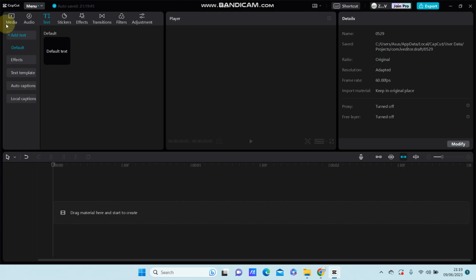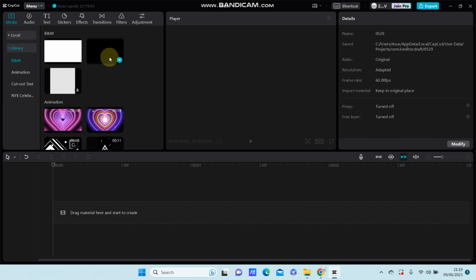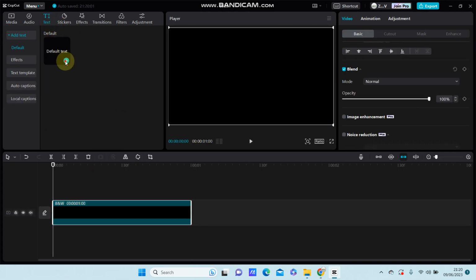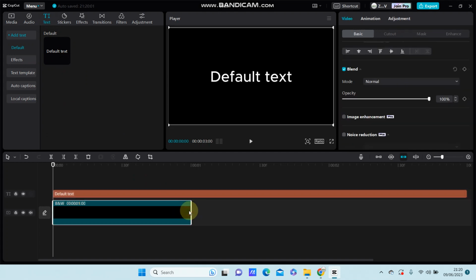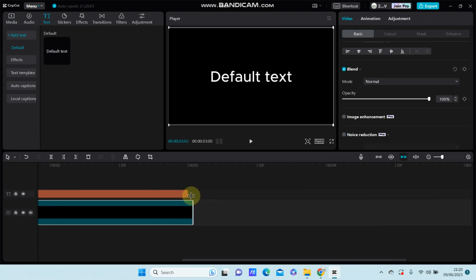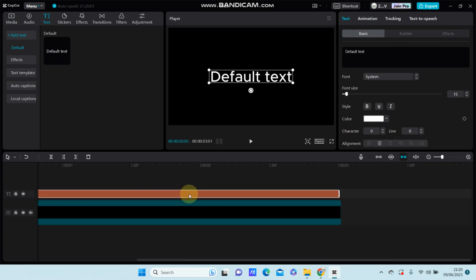So first, go to media and add the black screen and select text, select default text, and adjust the ratio, change the text. Right. Yeah, so